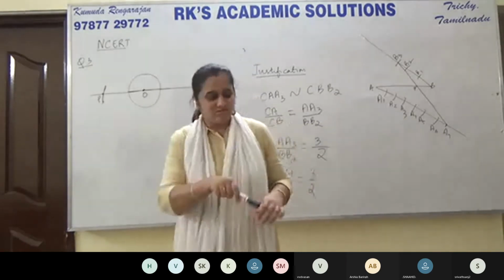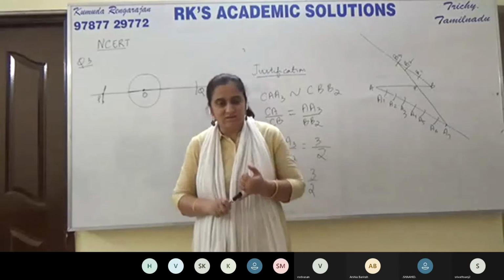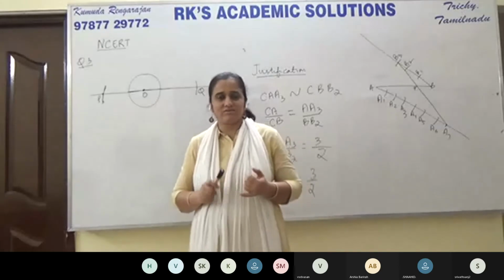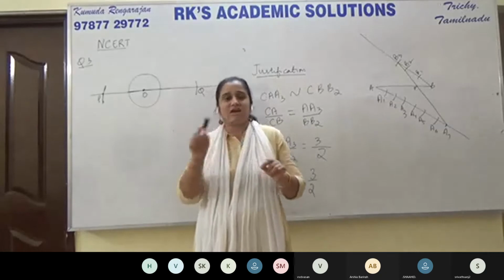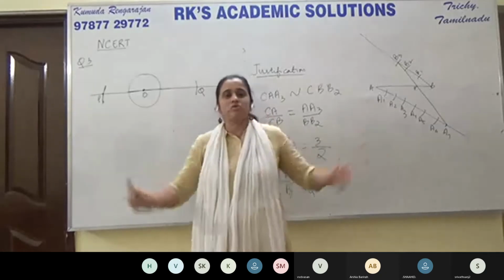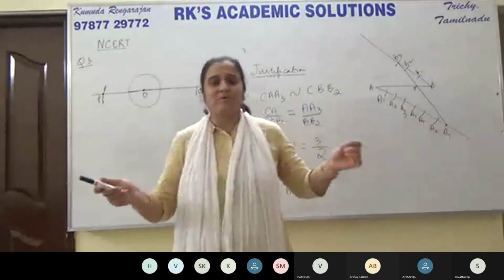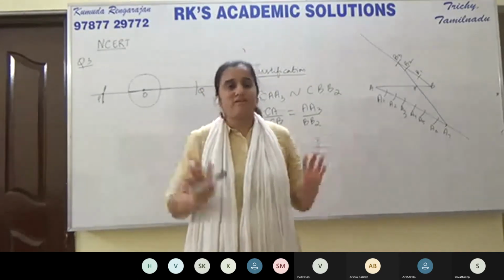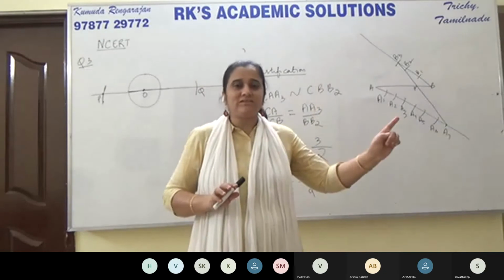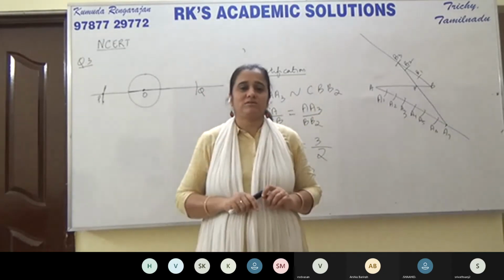Children, I'm repeating all the instructions given. First, we have to draw a circle of radius 3 centimeters. That is simple. Then choose a diameter and extend it both ways. Now on this extended diameter, you need to locate points P and Q. Not anywhere. From O to P, 7 centimeters. From O to Q, 7 centimeters.